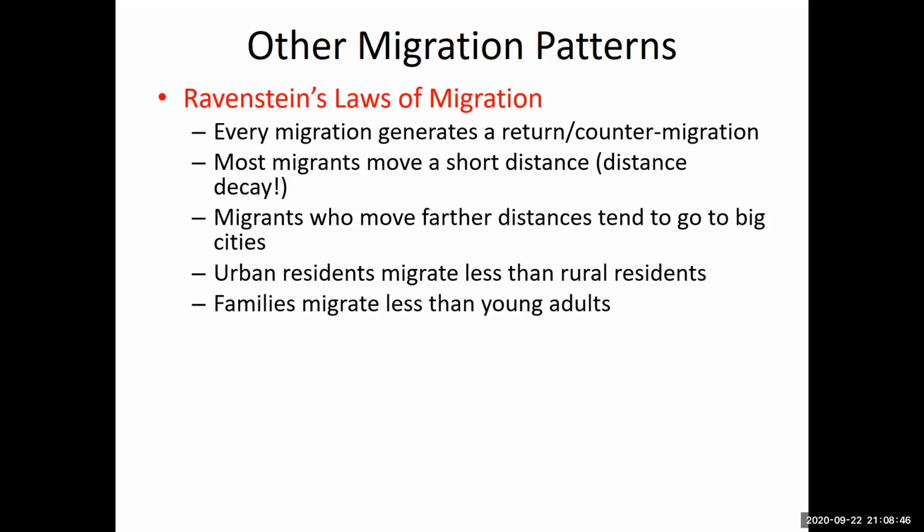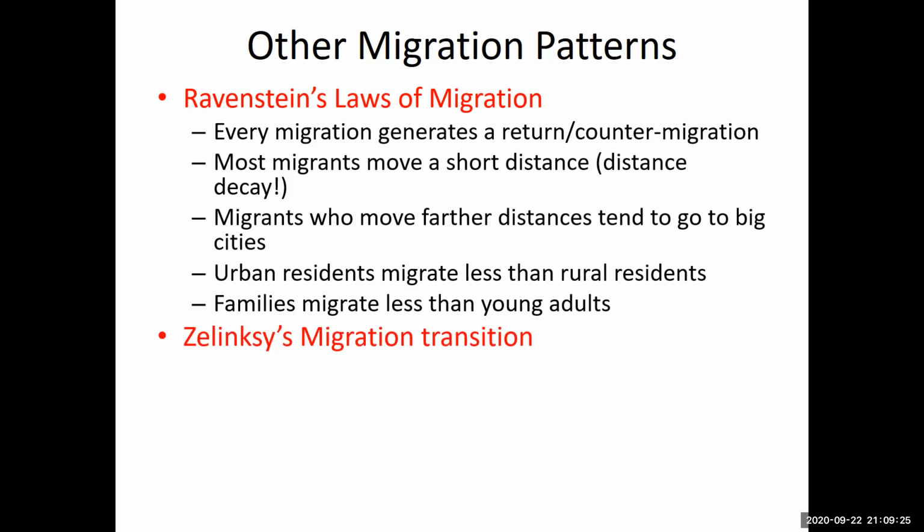Families will migrate less than young adults. Once you've got a family, you're kind of tied down. You've got to make sure that you're looking out for not just yourself, but also your spouse or a significant other and your children. So you can't just move willy-nilly because you're considering all these other things that your family will need. And it's risky to move when you may not be able to find a job. Then you're not just out of a place to live and food to eat, so is your family, or where do your kids go to school? So all this stuff makes it more challenging for families to move.